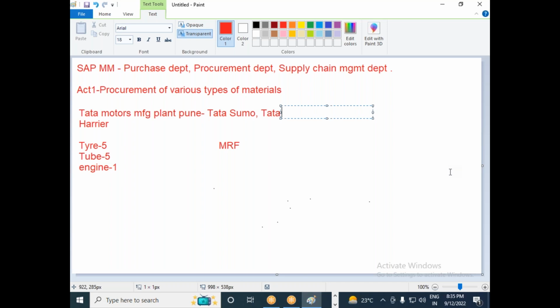For that example, would we do all types of projects? Would you teach us implementation, support, and rollout, or only one project? No, if I explain one project, the same activities will be performed in all the projects. The concept is the same, whether it is rollout, implementation or support, but the way of doing the activities will differ. Would you also explain what kind of activities would be there in other projects? Yes. Okay, thank you.